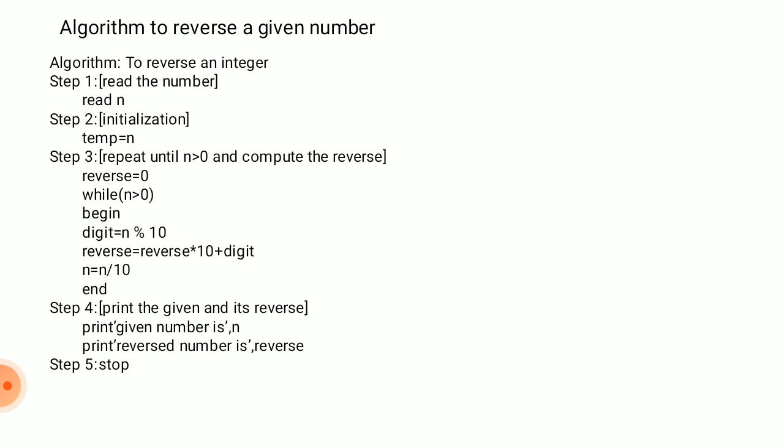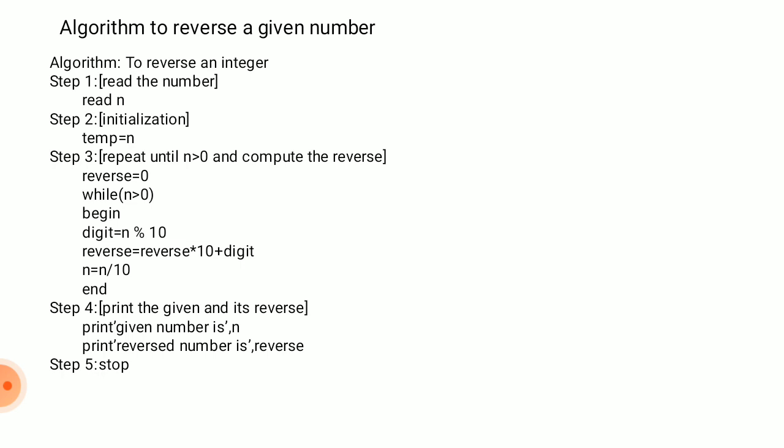In step 3, repeat until n is greater than 0 and compute the reverse. This is the logic to reverse a number, where we are writing the actual statements or instructions to reverse the given number, right? Initially reverse is equal to 0. The reverse number we are computing, so initially it must be 0.